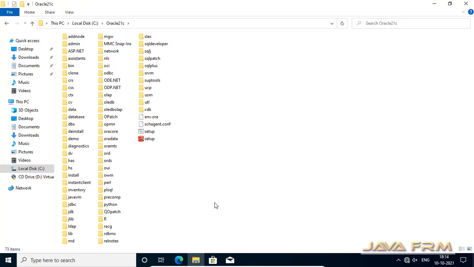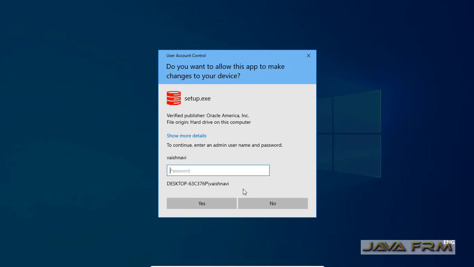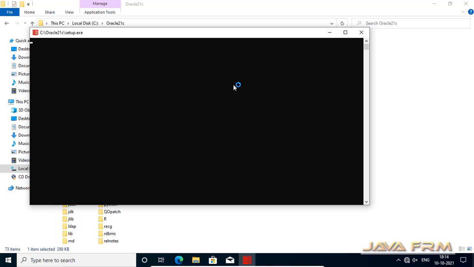Now I am going to the Oracle 21C directory. I am going to run this setup.exe, run as administrator. Provide the administrator password so that it will start the install wizard for Oracle Database 21C Enterprise Edition.